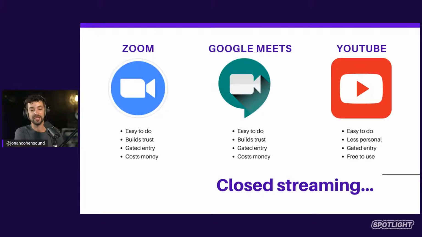For closed streaming, and just to follow through with Lisa's question, YouTube does work as well, because you could host a live session as an unlisted or private video, and that way it won't just be streaming open on YouTube, and people will have to have a link to the live event in order to attend. So if YouTube is a good space for you, I do recommend it, because you do have the horizontal format, which then gives you the choice of vertical or horizontal. The quality is really good. It's easy to manage with the comments and everything, and you can experiment with open or closed.